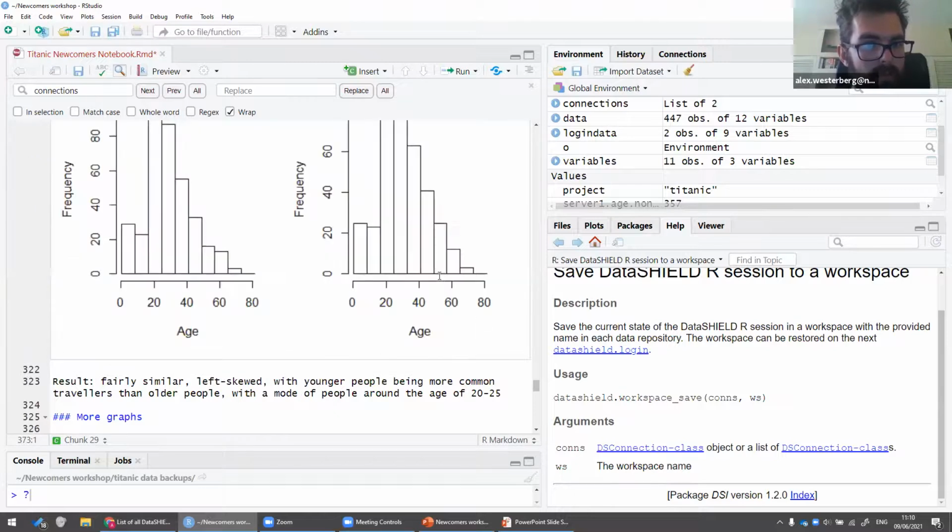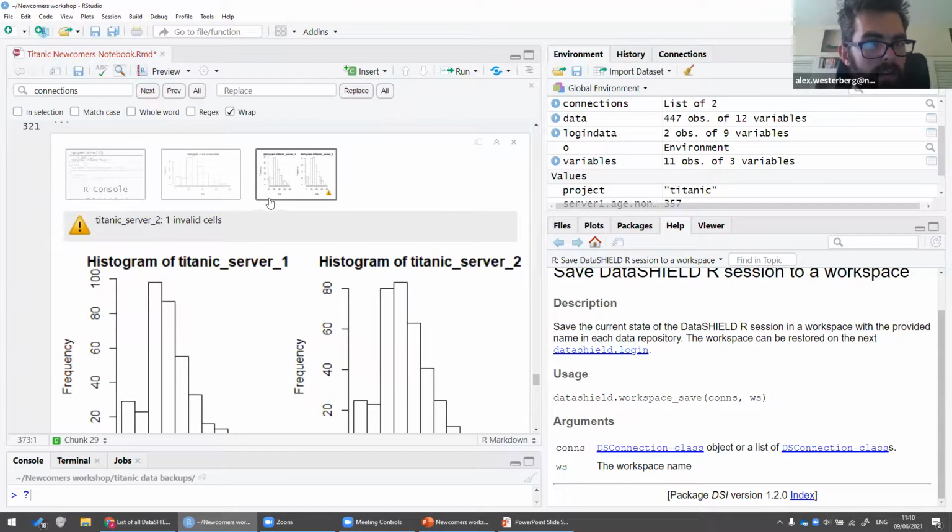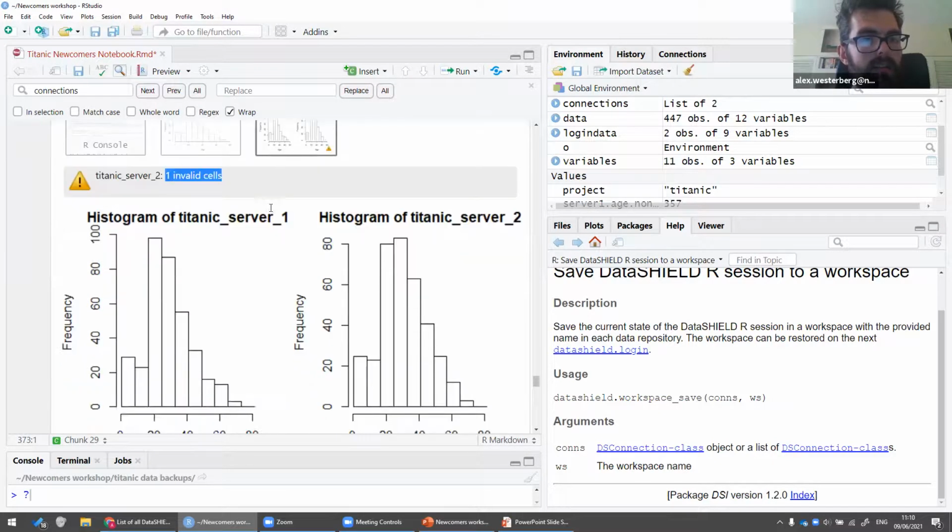Drop down. Oh, so this invalid cells warning symbol here, Dimitri, do you know what that means? Yeah, basically, what we need to say here is that all the analysis in DataSHIELD is run on the real